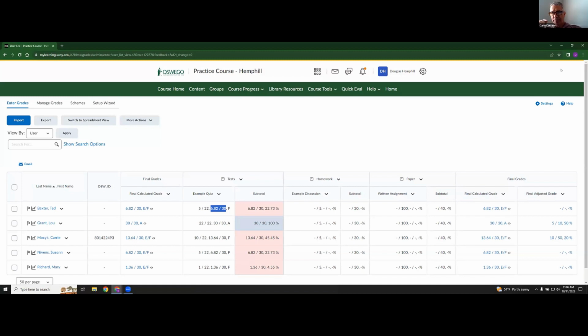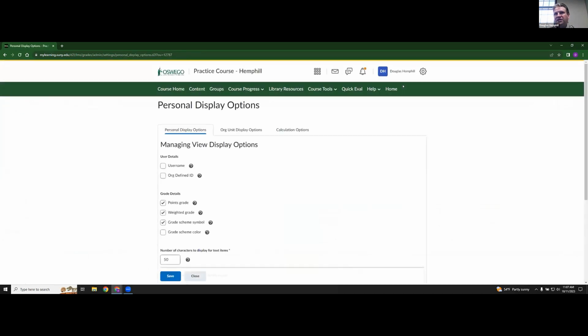So anyway, Doug, if I'm following, then in terms of student view, it makes the most sense to have the points, and it doesn't sound like the weighted grade makes a whole lot of sense to have. And then the schema depends on what you're defaulting to. Yeah, so by default, usually when I set these up, I just leave the default to percentage, that's a straight conversion of whatever this number is to a percentage. But obviously, if I want people to see the A's or B's, I can change it to that schema. Or in a case like Jennifer's, if the percentage is becoming confusing, then I'll just turn that off